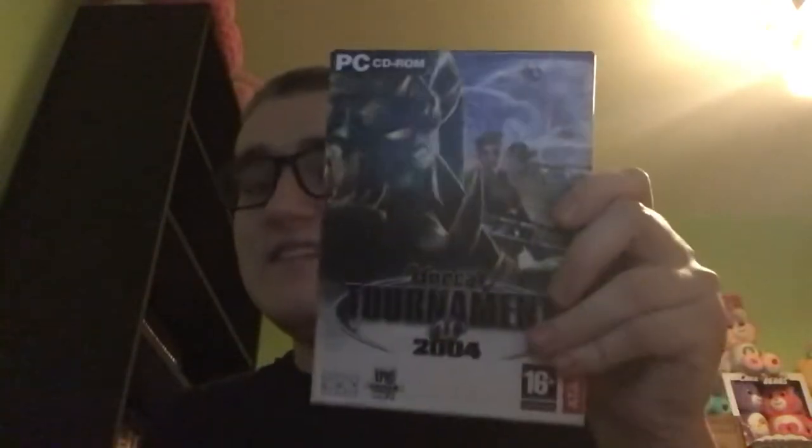And then the last game that came out in this format was Unreal Tournament 2004's PC CD-ROM version. The game was released in both CD-ROM and DVD-ROM formats. So the DVD version came in just a simple keep case. Well, this version, despite having the same manual and everything, came in a box,